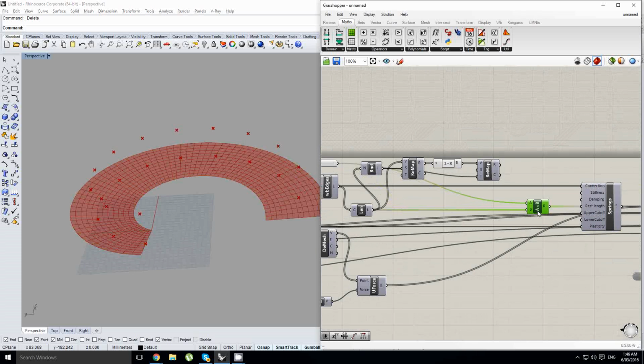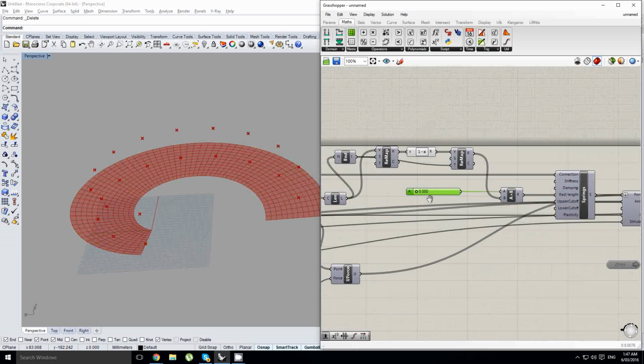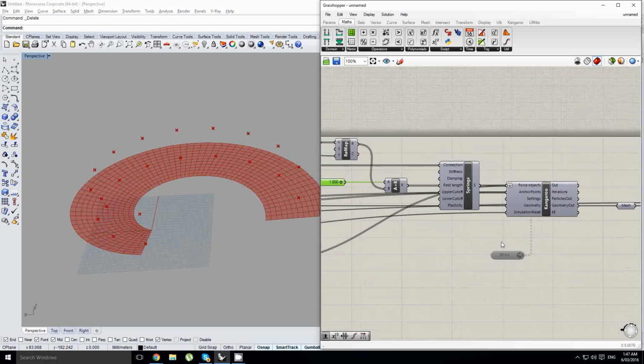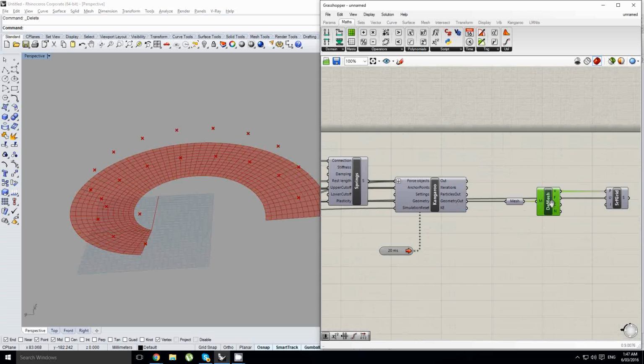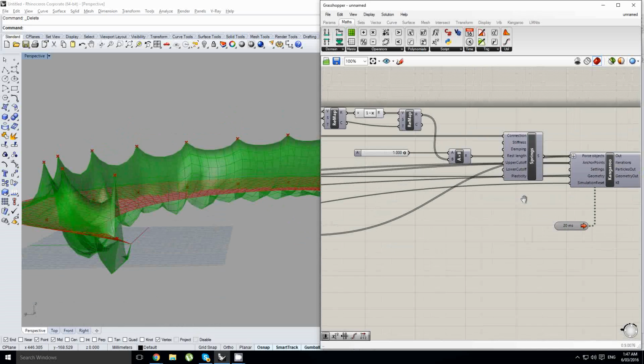And then we could once again take this result over here and multiply it by this slider, and then when I set my simulation off again, I won't use the surface preview, I'll use the mesh preview, and